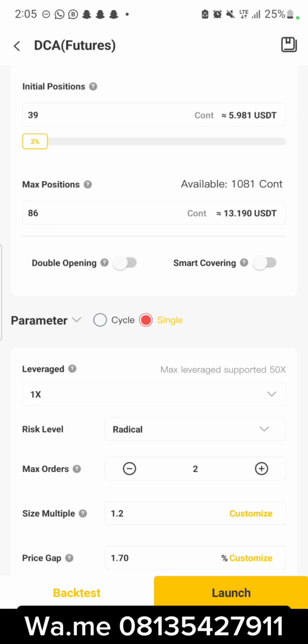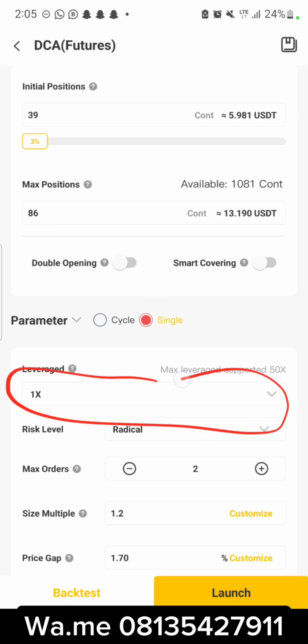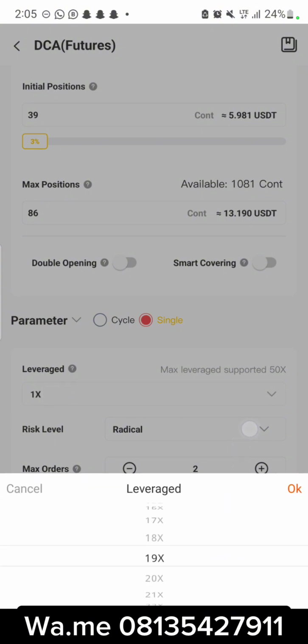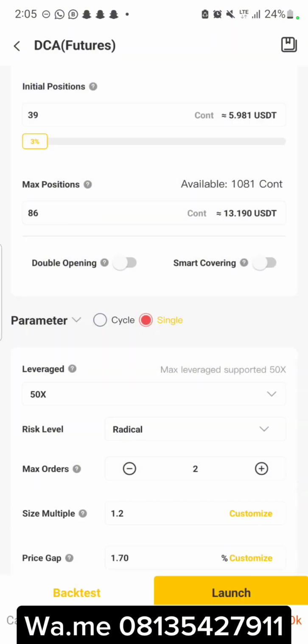First thing first, you set your leverage. Very, very important. Now I scroll to the last side, which is 50x leverage, and I put my 50x leverage. I'm using $1 to go into the market, and the $1 will appear like $50 in the market. I'll show you how the magic happens. Now when you're having a $100 trade, you set this trade for like four coins. If you're having a $200 trade, you set for like 8 or 7 coins. If you're having a $500 trade, you set for like 20 or 15 coins, and so on and so forth. The more capital you have, the more you set.